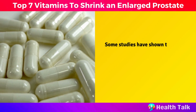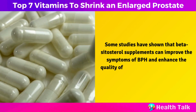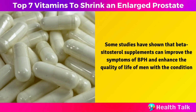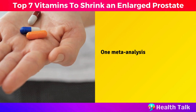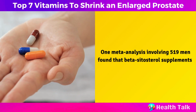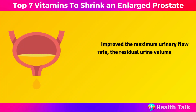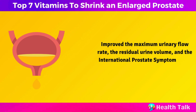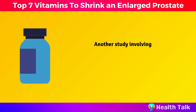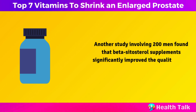Some studies have shown that beta-sitosterol supplements can improve the symptoms of BPH and enhance the quality of life of men with the condition. One meta-analysis involving 519 men found that beta-sitosterol supplements improved the maximum urinary flow rate, the residual urine volume, and the International Prostate Symptom Score compared to placebo. Another study involving 200 men found that beta-sitosterol supplements significantly improve the quality of life and sexual function of men